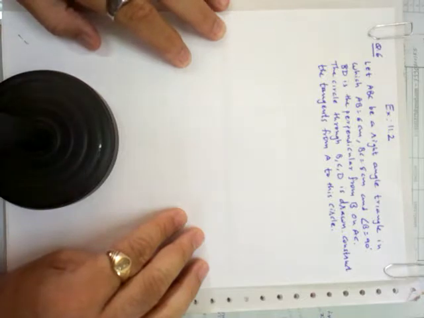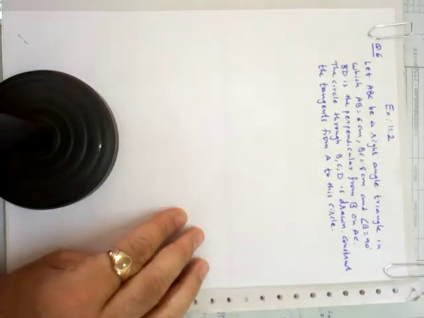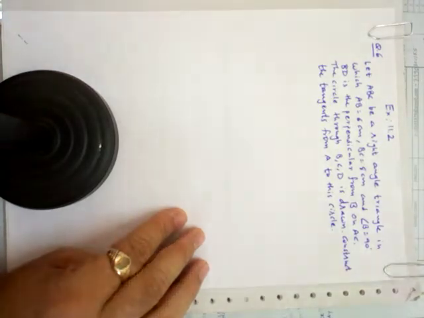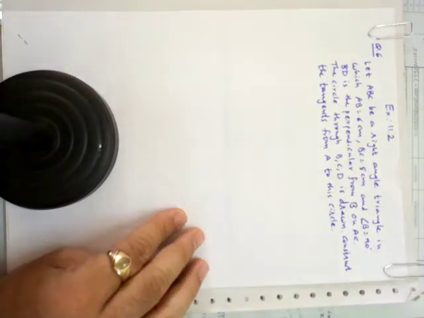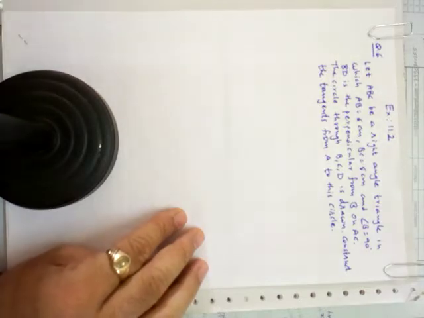Let ABC be a right angle triangle in which AB is equal to 6 cm, BC is equal to 8 cm, and angle B is equal to 90. BD is the perpendicular from B on AC. The circle through B, C and D is drawn. Construct the tangent from A to this circle.